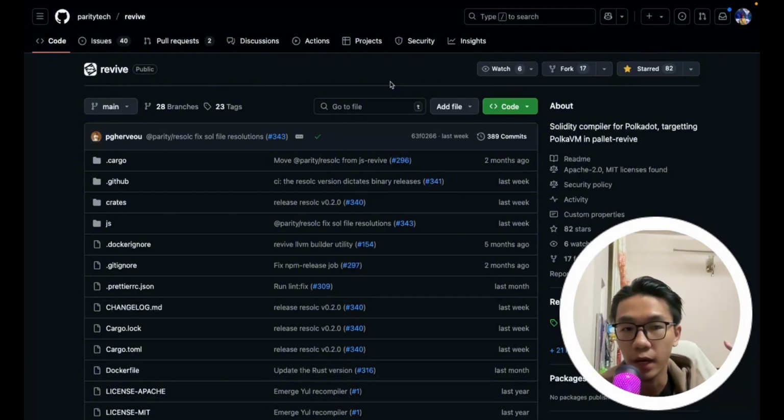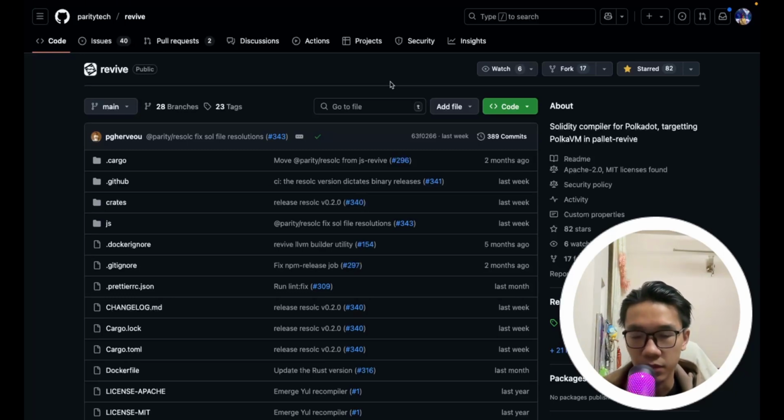So if you're not familiar with the overall architecture of Polkadot Hub yet, let me give you a very quick introduction. The Polkadot Hub is a parachain, right? And for the Polkadot Hub to have the ability to execute Solidity smart contracts, the Solidity smart contract must be compiled to intermediate representations, and for that compilation process to be done, you are required to have this Solidity compiler called revive. So revive is going to compile your Solidity into